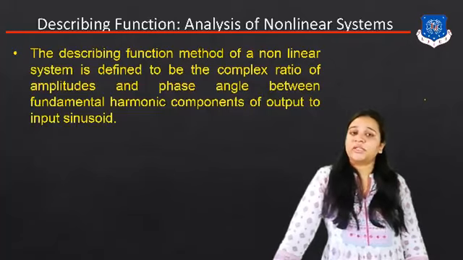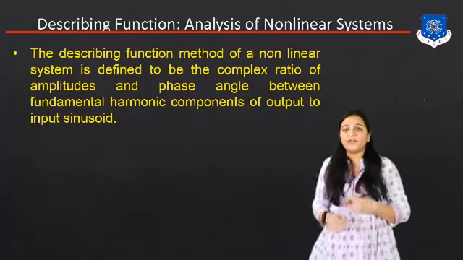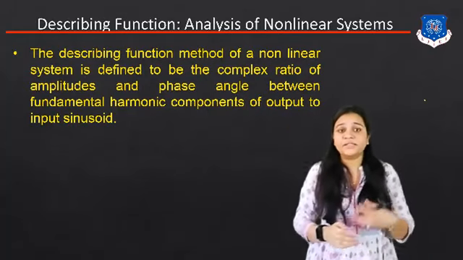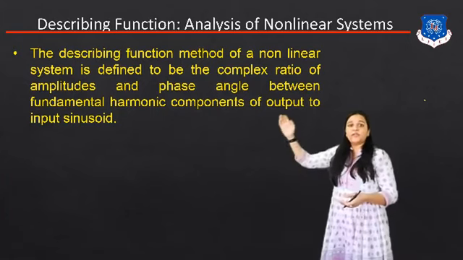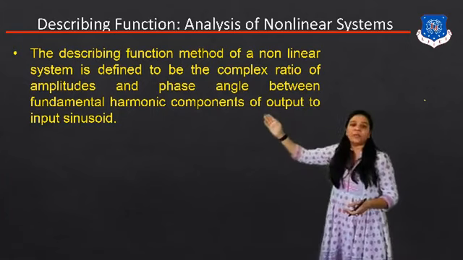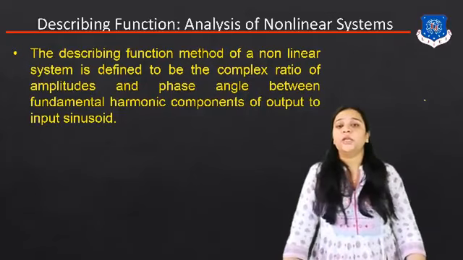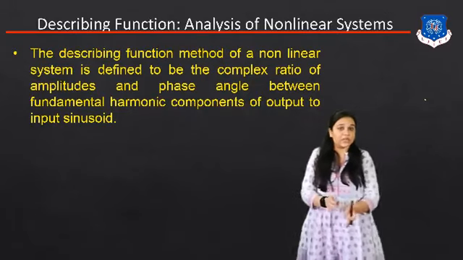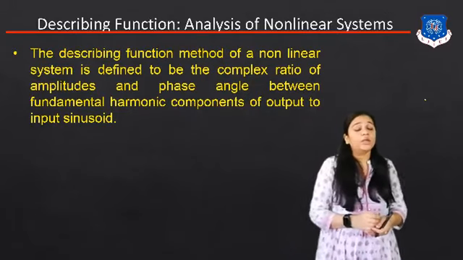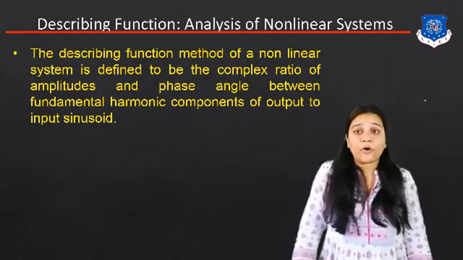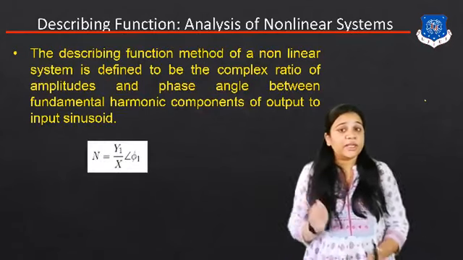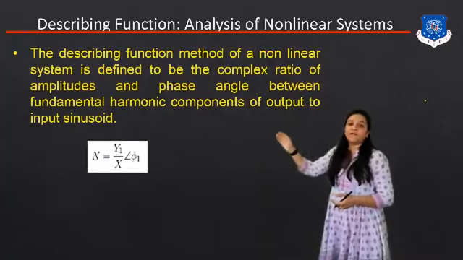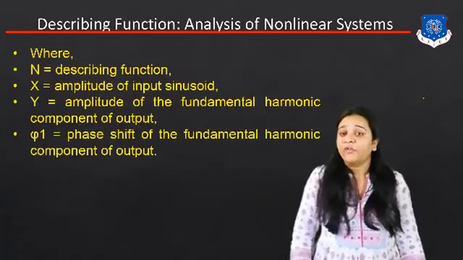So the first one is the describing function. The describing function method of a nonlinear system is defined to be the complex ratio of the amplitude and the phase angle between the fundamental harmonic component of the output and the input sinusoid. As you know, whenever we talk about the nonlinear system, the input must be in sinusoidal form. So what is the output of this describing function? The equation of the describing function that we have to derive is N = Y1 / X angle of phi 1, where N is our